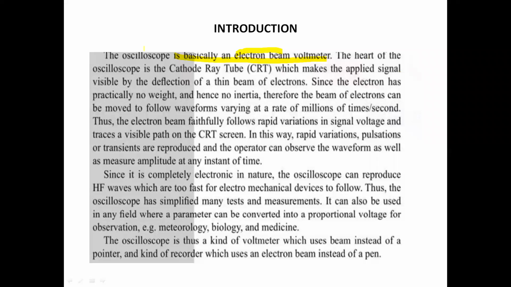So the heart of this oscilloscope is a cathode ray tube, CRT. Okay, so what is the heart of CRO? The heart of CRO is CRT, which means cathode ray tube. So what is the function of this CRT? This CRT makes the applied signal